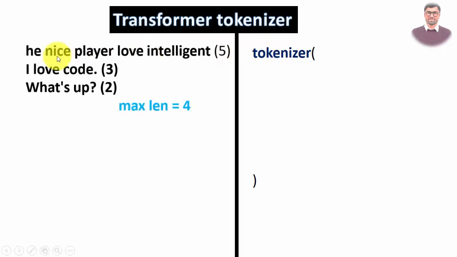So what we do, let's say we have this sentence: he, nice player, love, intelligent. This is the first sentence. Second we have I love code, and third we have